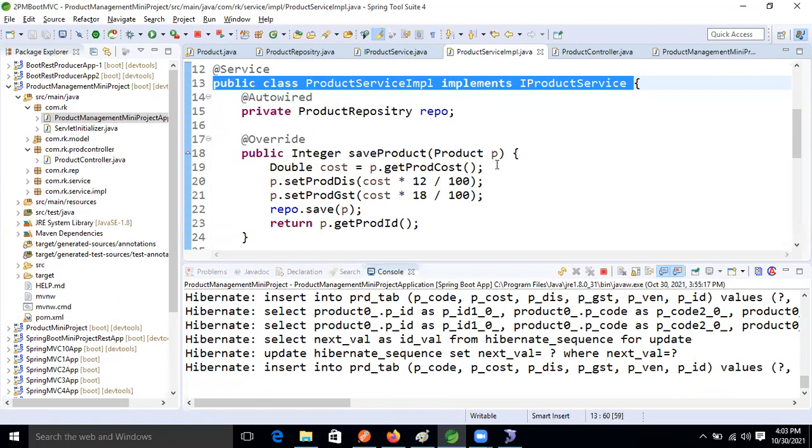Yes, you can write it, but that is not a good way of writing code. Because of that I am following interface programming. Okay, thank you. So now clear, guys? Anyone having any doubt? Clear. Okay, so let's